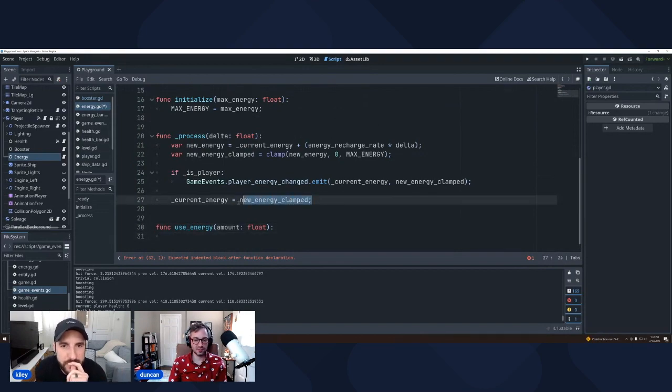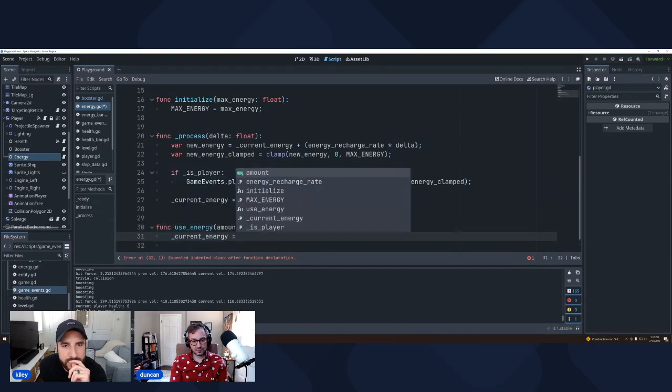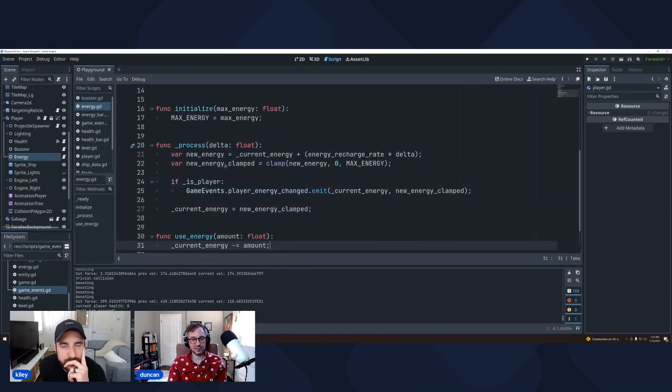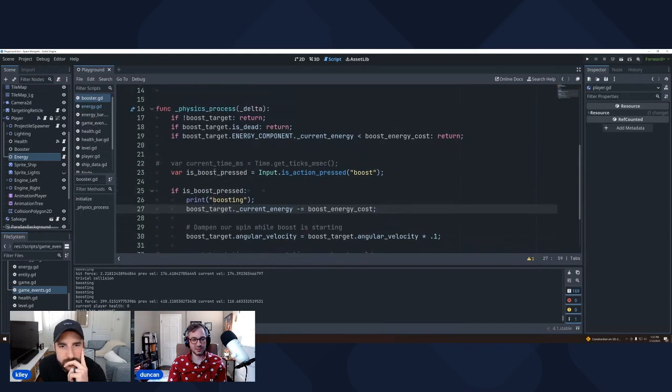Right, so right here, that's where it could be happening, because as I mentioned, that thing is happening in the physics update rather than the regular update. So if this gets set after that, that could be the issue. We can test that and see. Let's just put this in the process function.